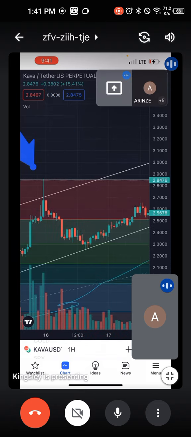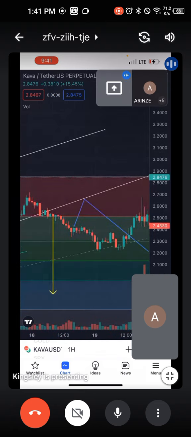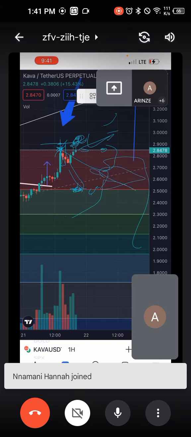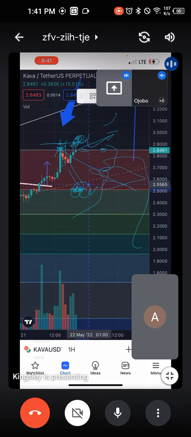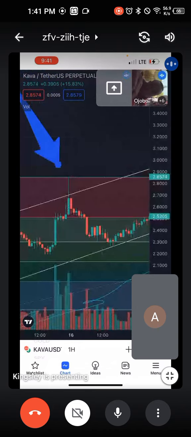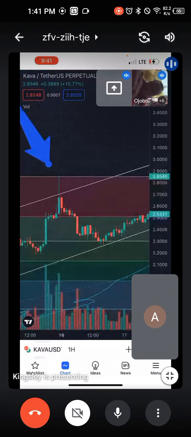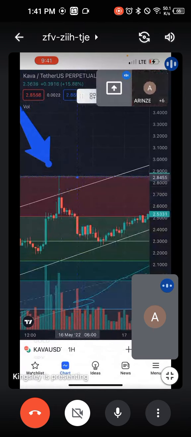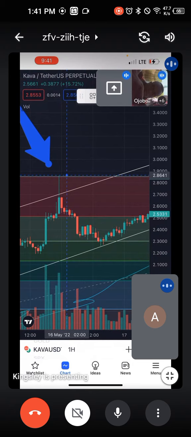Now, look at what will happen. If you are coming down and we hit this red line here, we will have support here. Let's just check it from the past price action and look at what happened. Immediately we hit this place, look at what happened. I actually expected this to rush down like we did the other time, but Covar is seeing too much volume. Now look at what we have. We hit this line here.